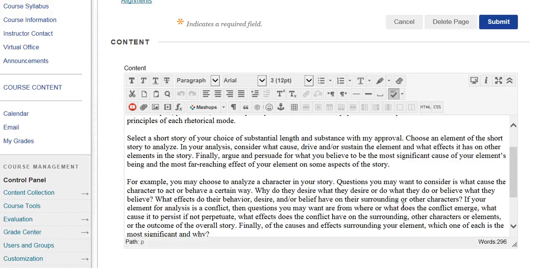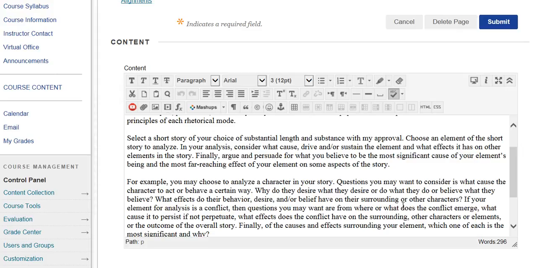And then, of course, with all of these research papers, you must have a works cited page. If you do not have a works cited page, points will be deducted. And your works cited page should provide full documentation of all the sources that you've cited in your research paper. So your works cited page should not contain any source that does not have a corresponding in-text citation in your research paper. And likewise, for every single source that you cite in your research paper, I must find a corresponding full documentation of that same source in your